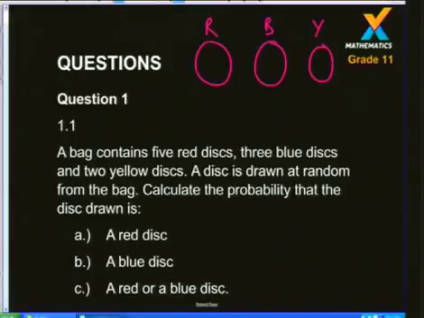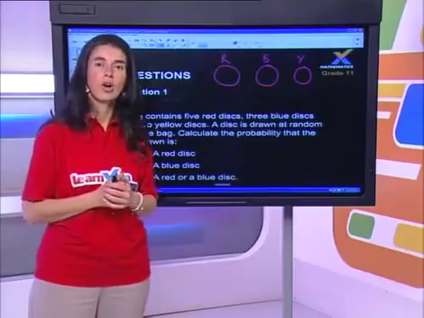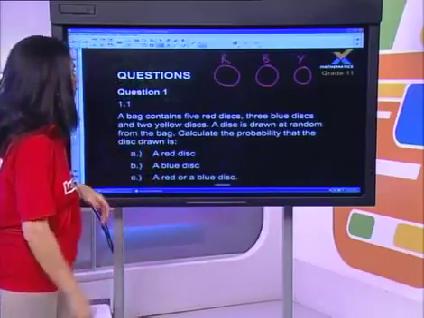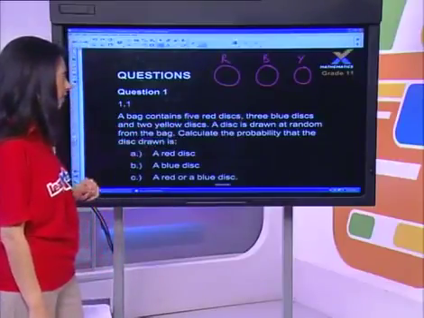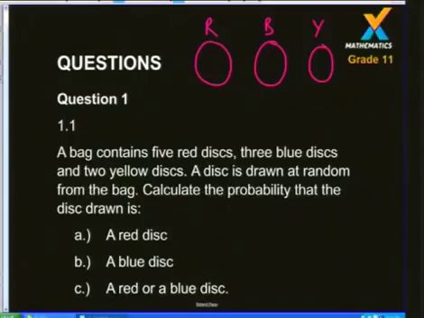And since there is no intersection, those events cannot happen at the same time, hence they are known as mutually exclusive. So in the bag, there are 5, 3, 2, there's actually 10 discs, and if a disc is randomly drawn from